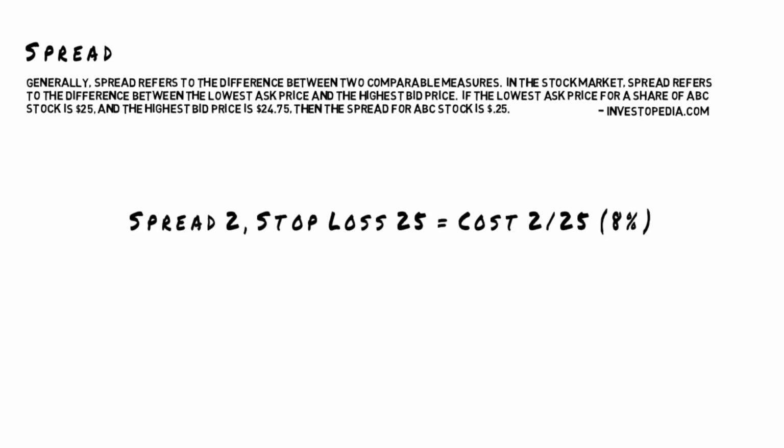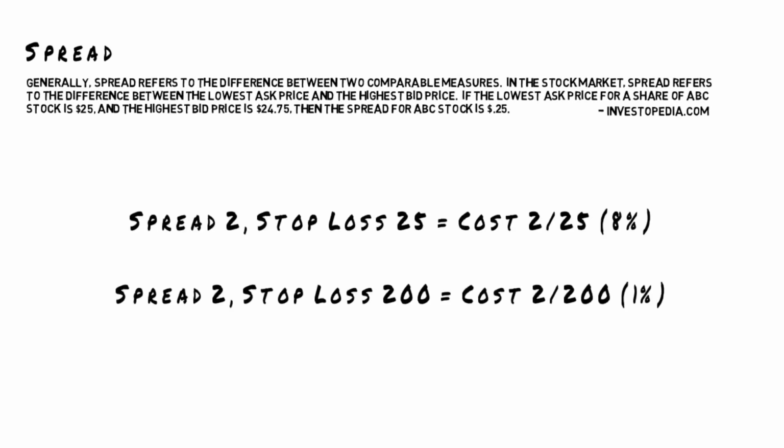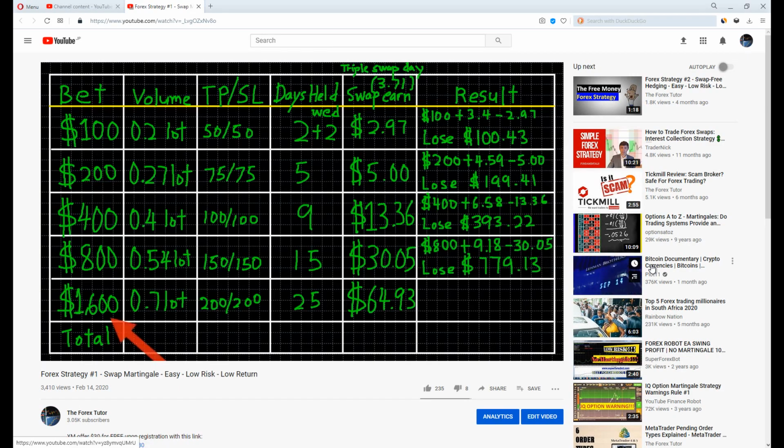Spread. The reason falls on spread. I guess you already know what spread is, right? It's the price difference between the buying and selling price. It's also the price you have to pay on every new single trade. If you extend your stop loss, the percentage cost of the spread decreases. That's why I don't recommend scalping strategy to any new trader, since most of these strategies suggest tight stop loss like 5 to 10 pips. Instead, go for swing trading. I've actually visualized it with ugly drawings in my previous video, swap martingale strategy, if you're interested in watching them.